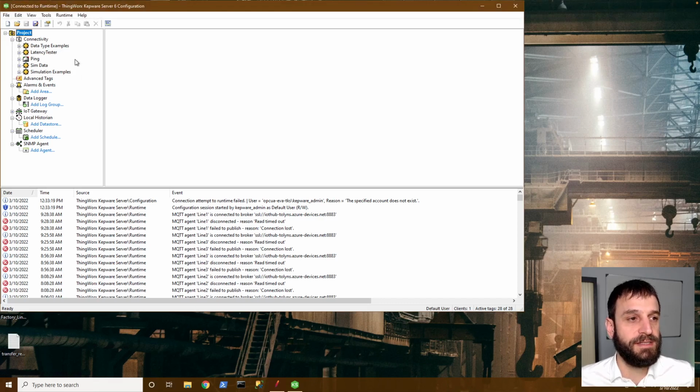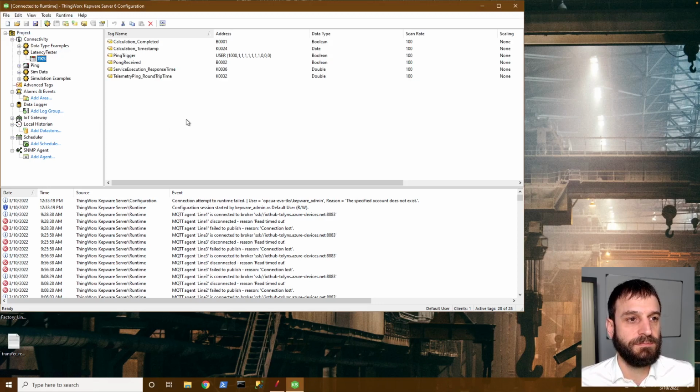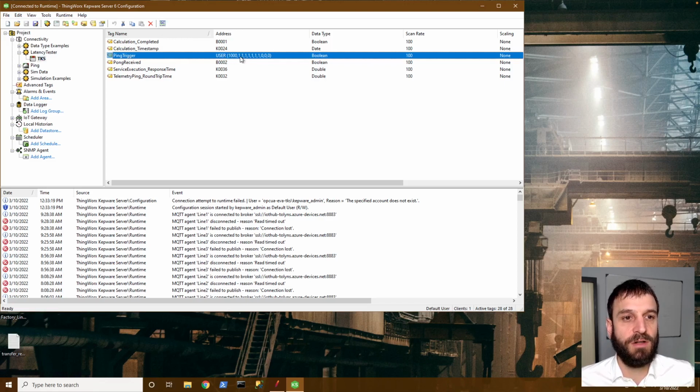Key here is that the timestamp of the original trigger is maintained. So this ping trigger, you can see here, it's alternating. This is a 10-second loop, so it's alternating for about 6 of those seconds. It's staying at 1, then it's going to 0 for 3 of those seconds. So every 10 seconds we're going to have a low to high transition, and considering the send to ThingWorx is